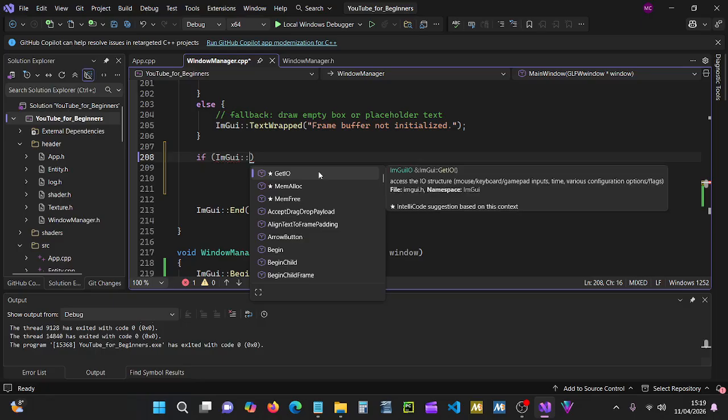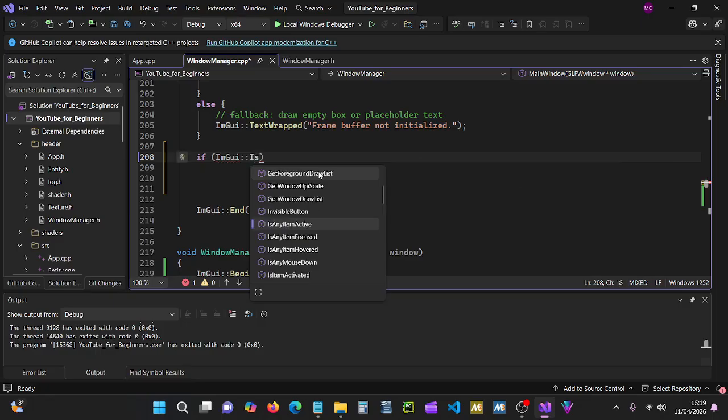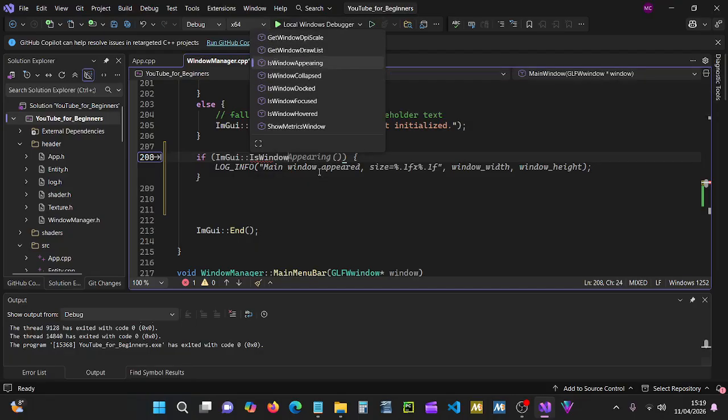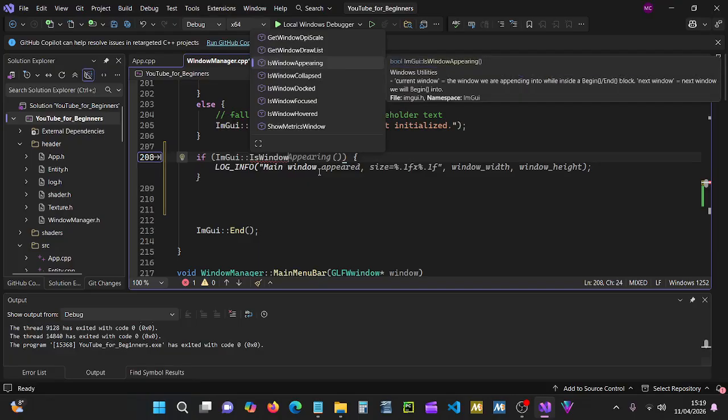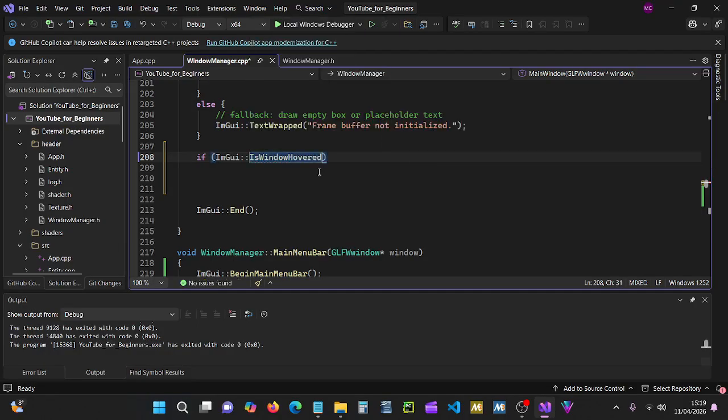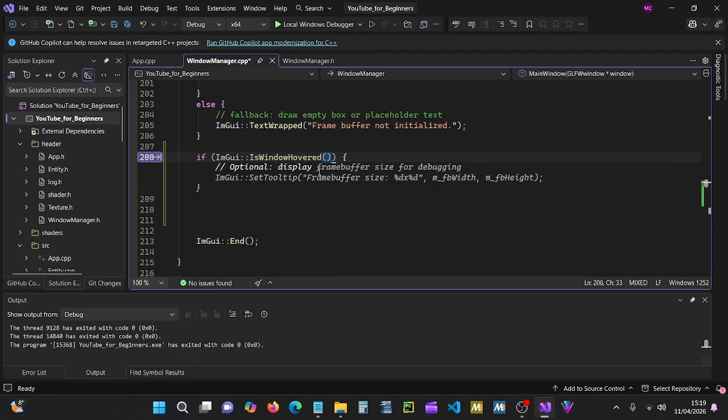And this can be is window hovered, and then we do that,